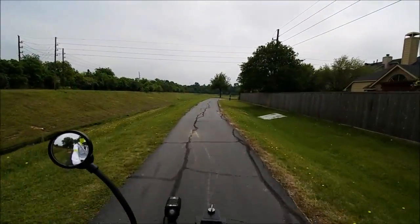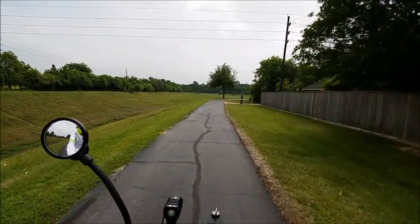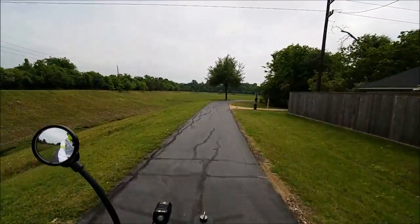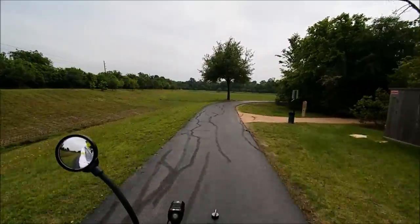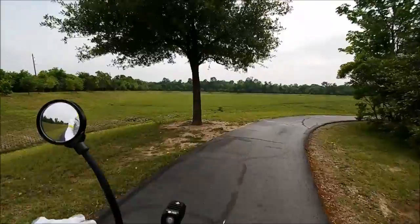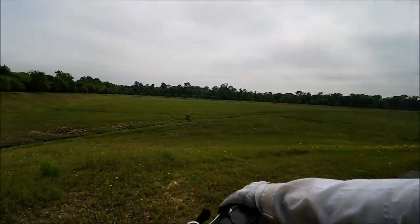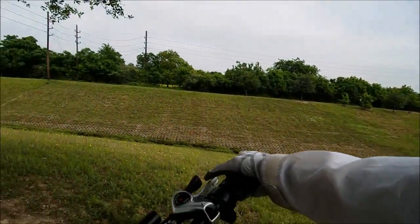Yeah, so if I sit up more and the gimbal's more vertical, it seems to work a lot better. It seems to stabilize a lot more. It's facing to the front as I turn. Oh, I almost missed a little trail here. I think it's a trail. Is it a dirt trail or